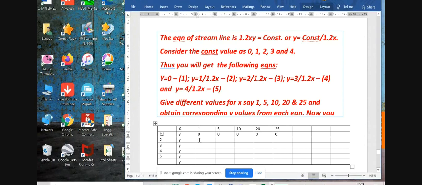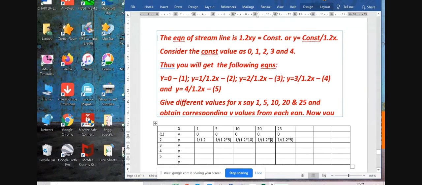So second equation, 1 by 1.2, then 1 divided by 1.2 into 5, and then so like that, this is 10, 20, 25. So like that,